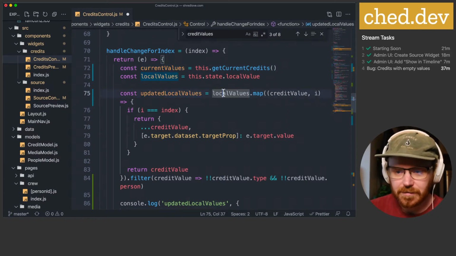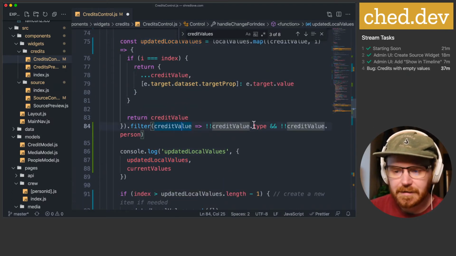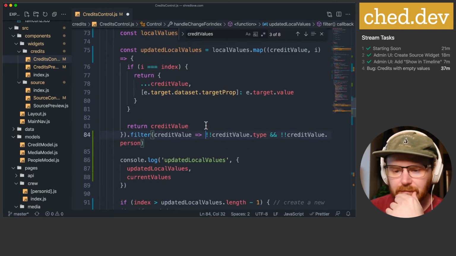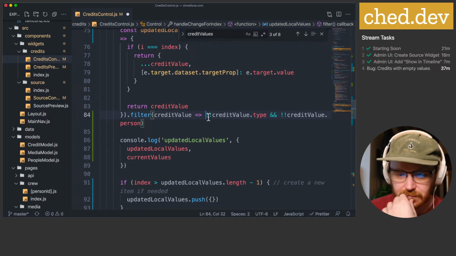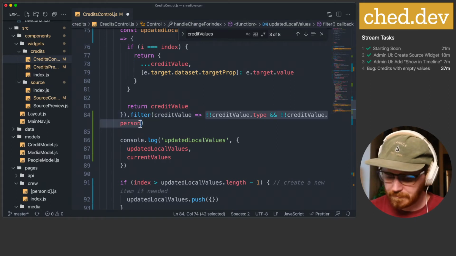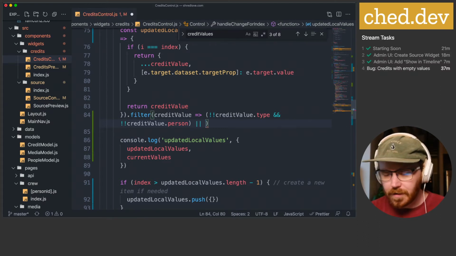I'll take the local values, we'll go over all of them, update them, and then if it doesn't have, I basically want it to be an empty object or a full object. So it's got to have both, or